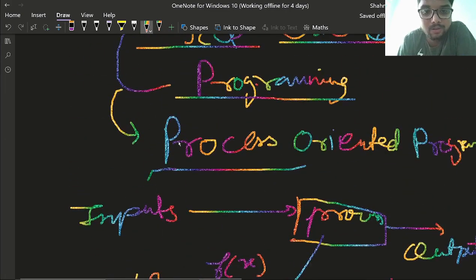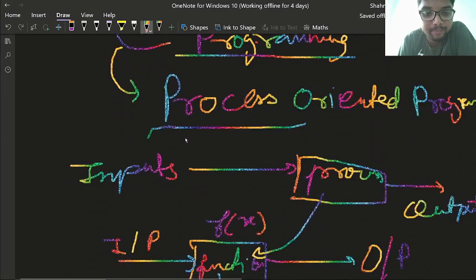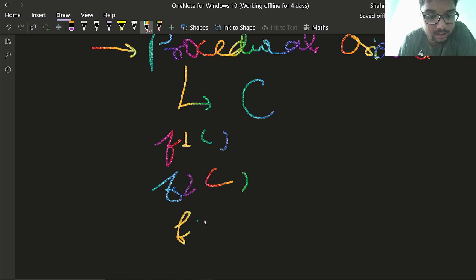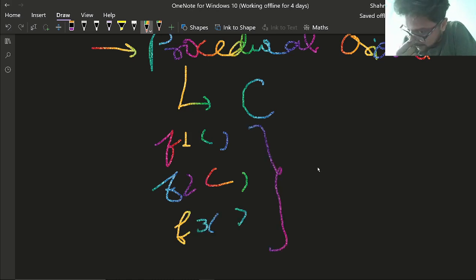Now, when we write our code, we define functions such as f1, f2, f3. These functions are open. We can directly have access to them. But when it comes to security,